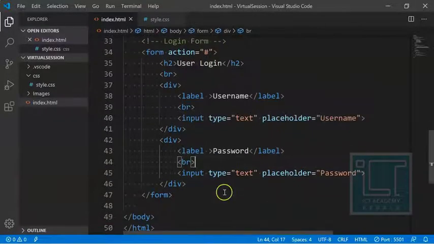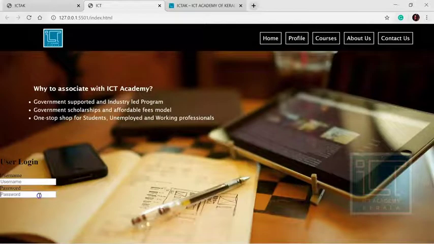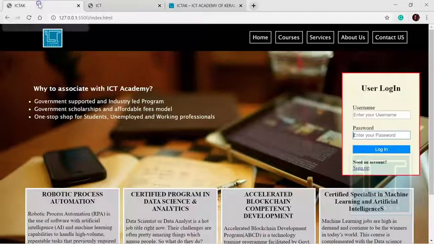That is because our input type is text. For username, it's okay to be text, because that's worldwide followed, but password should be very secret and it is very sensitive data, so we must protect our password. So there is a type called password. If you give the input type as password, whatever we are entering will not be shown in the text. It will show only a special character, that is a dot. Okay, so we are not done with the HTML.